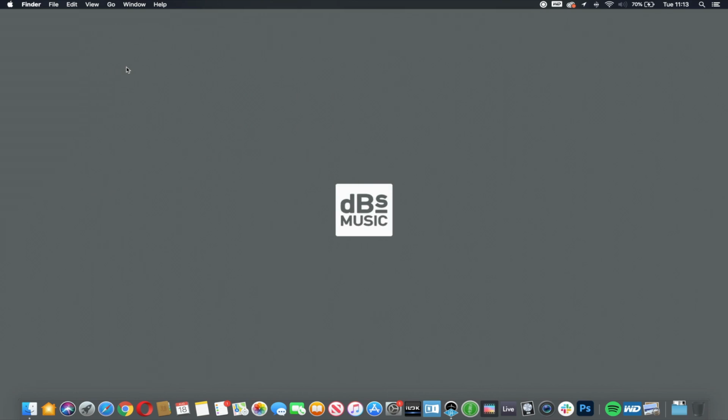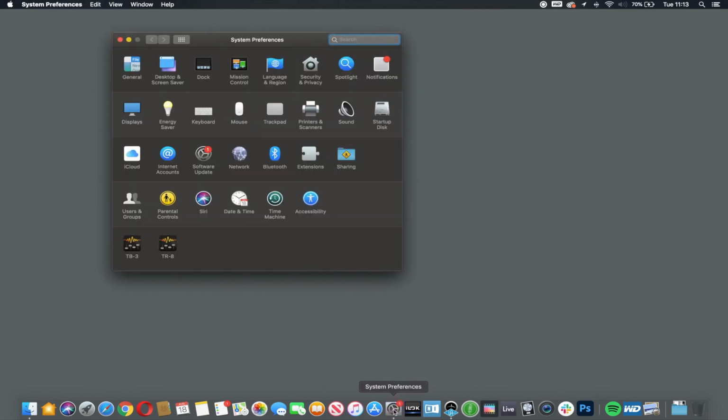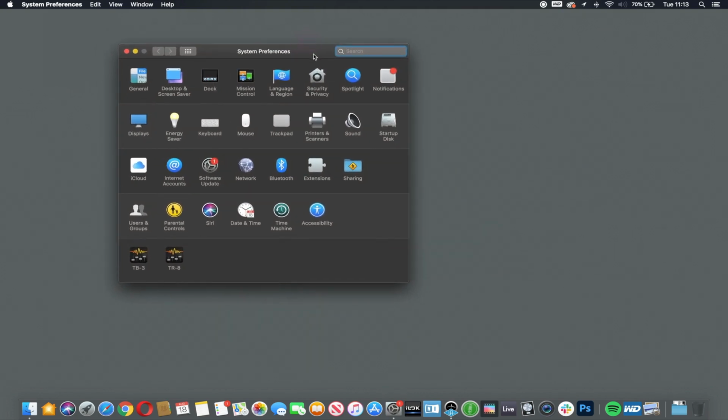So to launch an app, all you do is click on it. So for example, if I click on System Preferences, it opens your System Preferences window, and then you will have these familiar little buttons again where you can get rid of it and minimize it. And now at the top of the screen, you can see that the System Preferences is the application that is being used. So if I change to my Finder window,